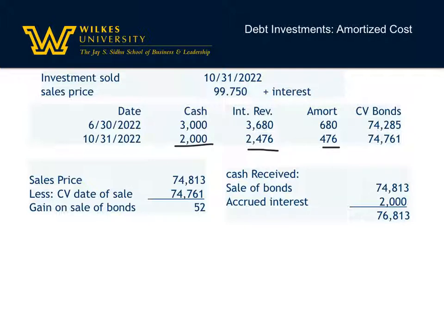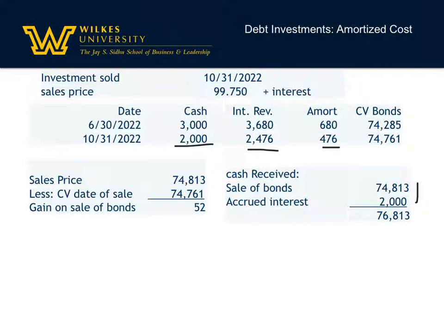It's not part of the effective interest. It's actually the cash we're going to receive from the seller, because the seller's going to turn around in 2 months, they're going to receive $3,000. So they're giving us the $2,000 we earned. So we've got the sale of the bonds, the $74,813, which has the other $476 built into it. The accrued interest we have of $2,000, and the total cash we've received is